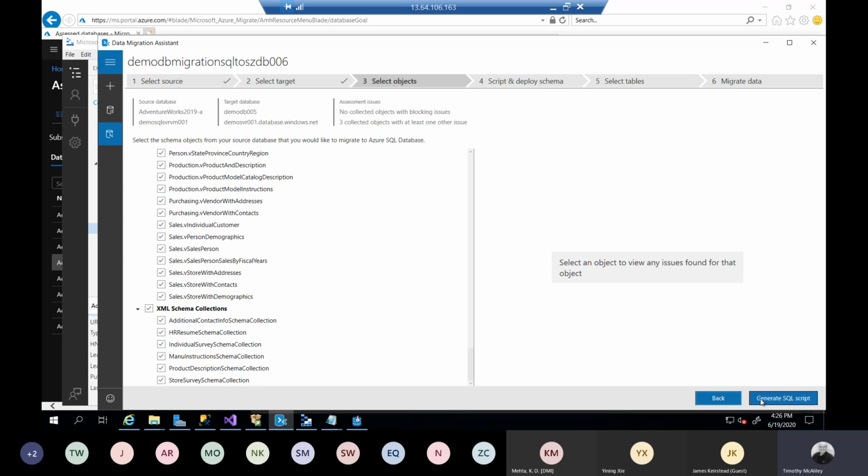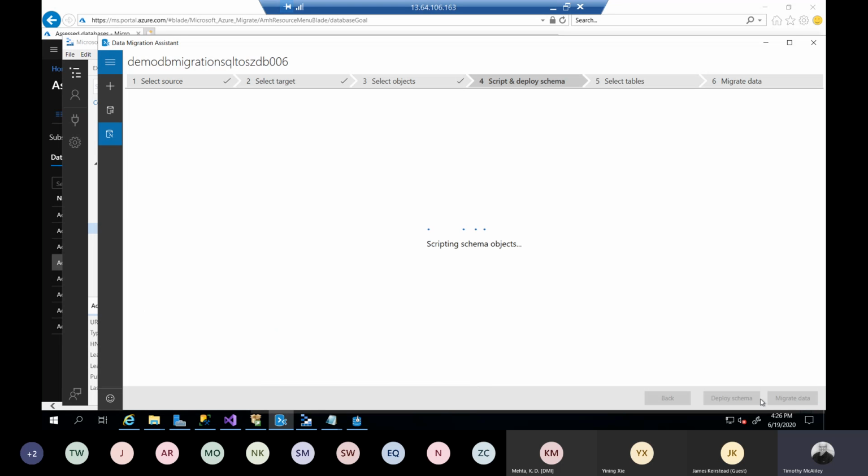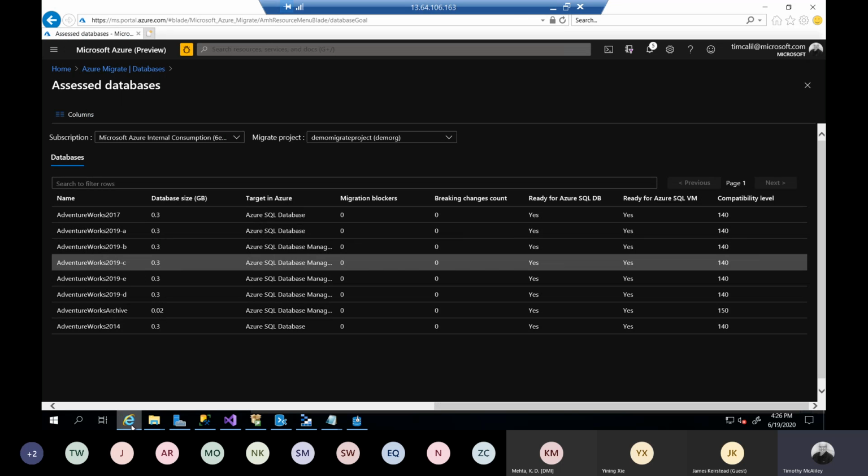So it's going to generate a SQL script. I'm going to go ahead and hit generate script. And it'll generate this script for you to review or maybe edit or save and deploy later. But it'll script out all the schema objects, and then you hit deploy, and it deploys the schema objects onto the server. While that's doing, I'll go out to Azure, and we'll go out to our